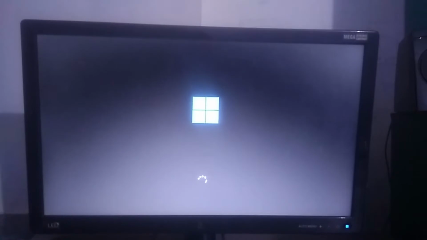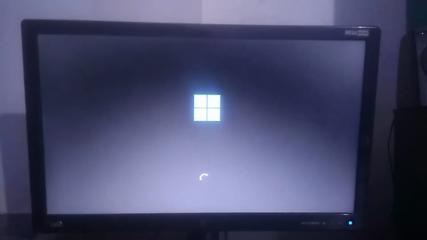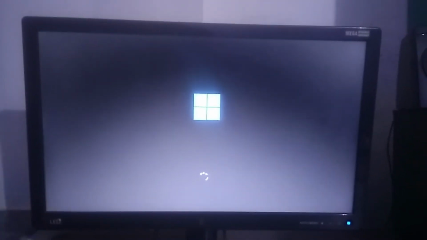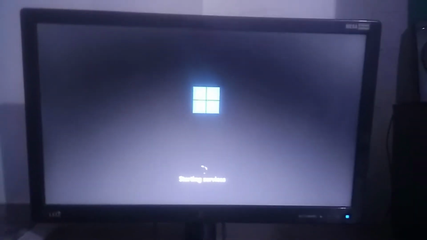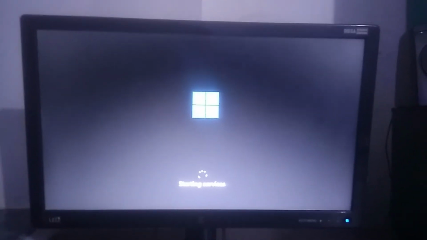And guys, we have done this without a pen drive, CD or any DVD. And guys, here it will take some time. If your computer's configuration is low, then it will take more time. It can show you a black screen also. And now it will set up all the hardware and it will install the software drivers. And guys, I will meet you when this process gets completed.